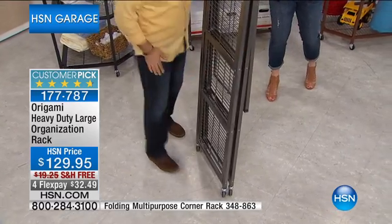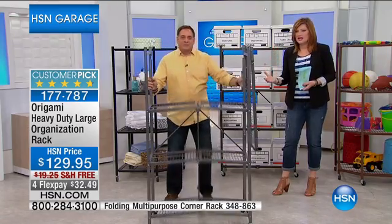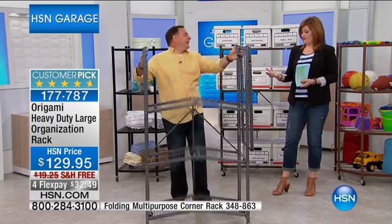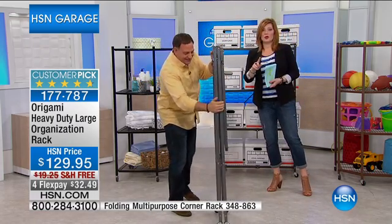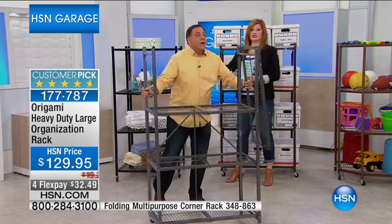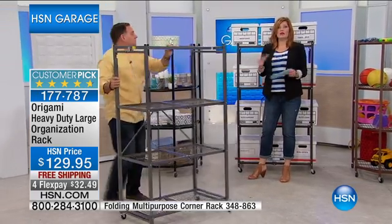Lou is showing you how simple and easy it is. There is no setup whatsoever, no tools needed whatsoever. And very sturdy. One thing I want to quickly call out, because if you're like me, a lot of us have corners that are just wasted space. Yes. And we're not utilizing that